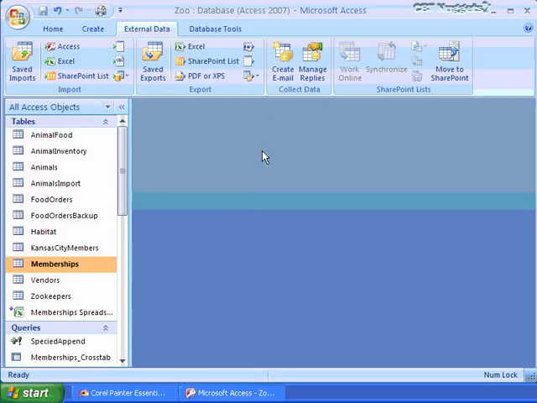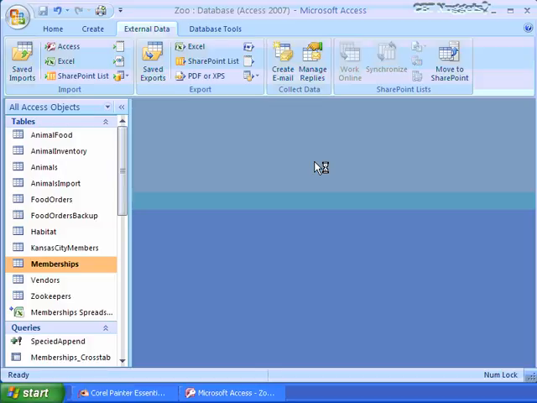No. I can also collect data using an email. See how it has the picture of the envelope? Outlook is the email product that comes with your Office suite. So you do have to have Outlook installed on your computer, and it has to be tied to an email account, probably the Exchange server in your company's environment, or if you're a home user, you set up Outlook on your own and determine your email address. It might be a Hotmail account. It might be an account with your internet service provider, but you have to know what that is, and Outlook